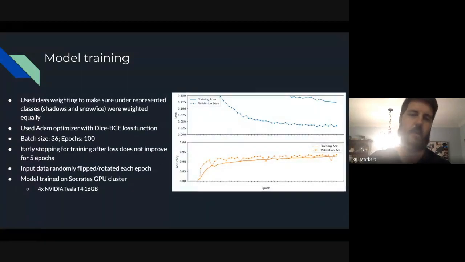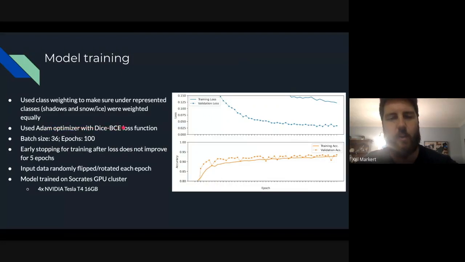parameter updates. And so we use the Adam optimizer and Dice plus binary cross entropy loss function. This is shown to have really good accuracy or training results based off of Kaggle. If you're not familiar with Kaggle, that's an online deep learning competition website that I think is a subsidiary of Google, and they have a lot of good examples on deep learning and stuff,